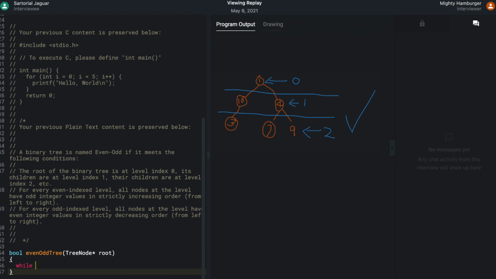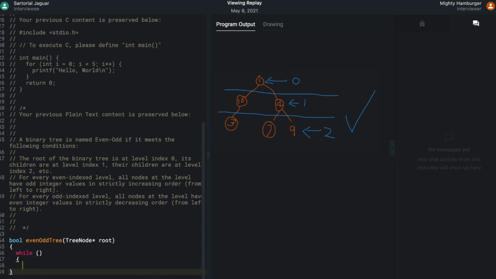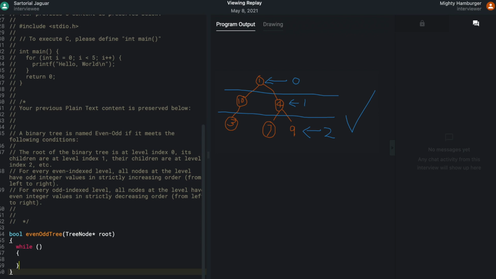I'm not sure what the condition is yet. So at every stage, I want to create a list of all nodes to be compared. Wait a second. I could flatten the tree.